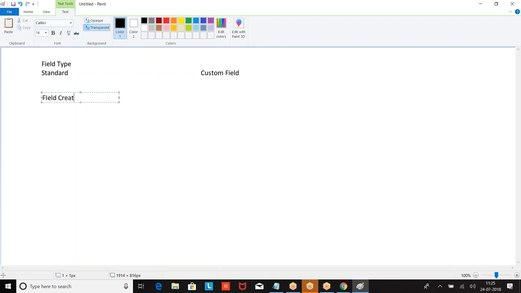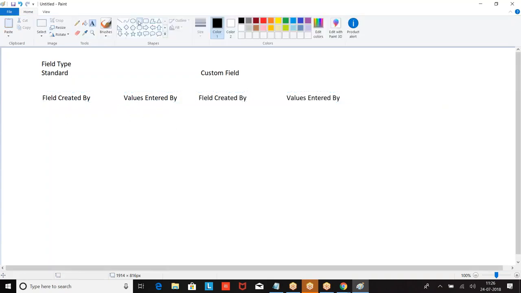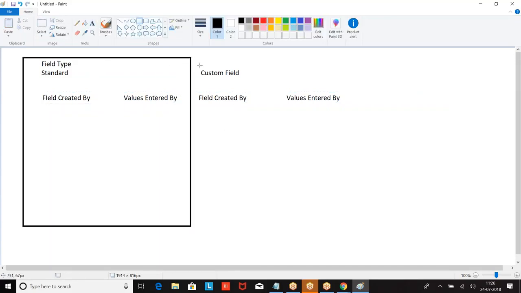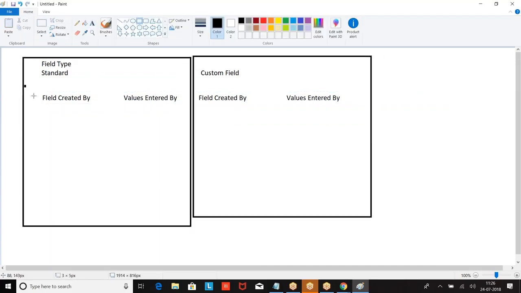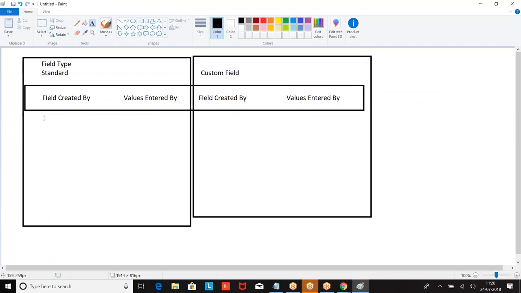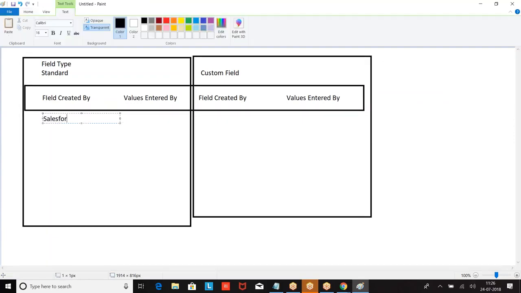Field created by, values entered by. Now, if you look at these, standard fields are created by Salesforce, values are entered by Salesforce.